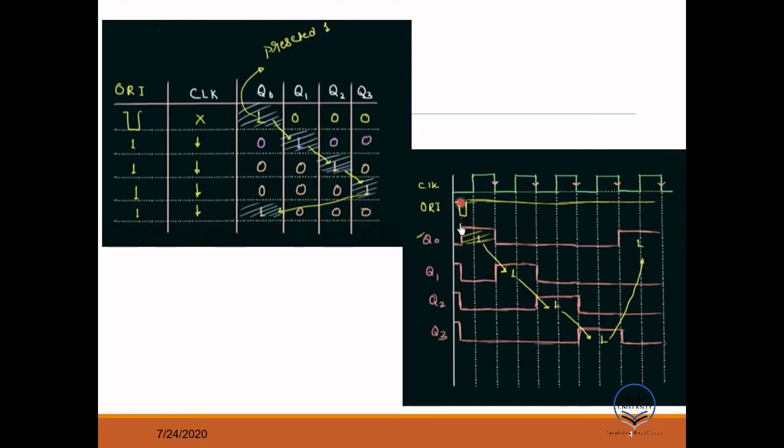Also, if you look at the output, this is our clock, and override initially was 0, later on it was high. So 0 means override is getting the priority, so in this region your Q0 is 1. But whenever override is high, your clock gets activated, so it will work at the clock edge. In the clock edge it will be changing the state. So it becomes 0 to 1. Next clock edge, 1 to 0. Next clock edge,